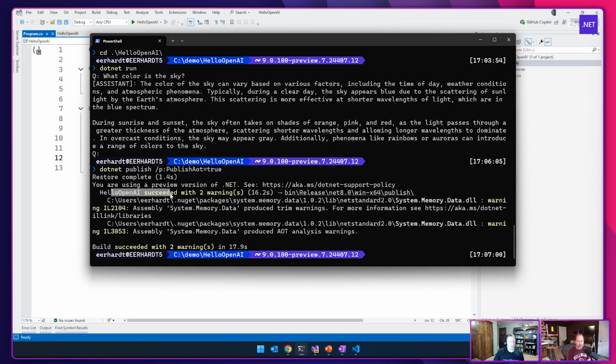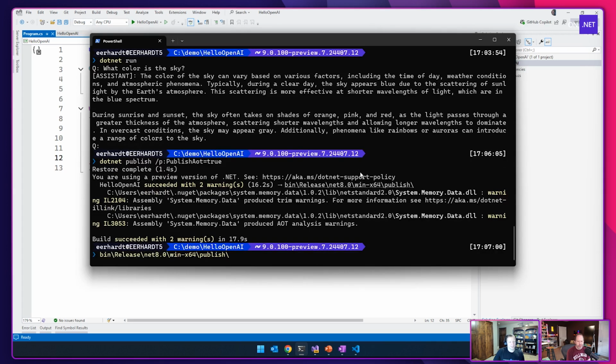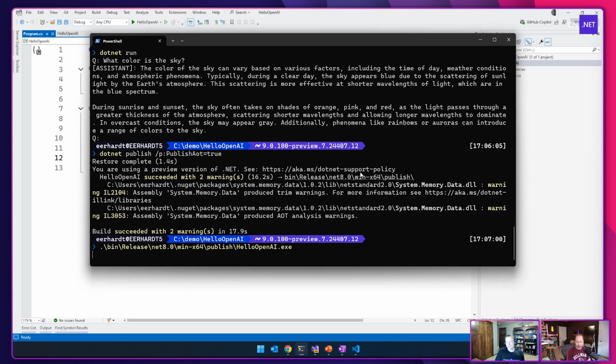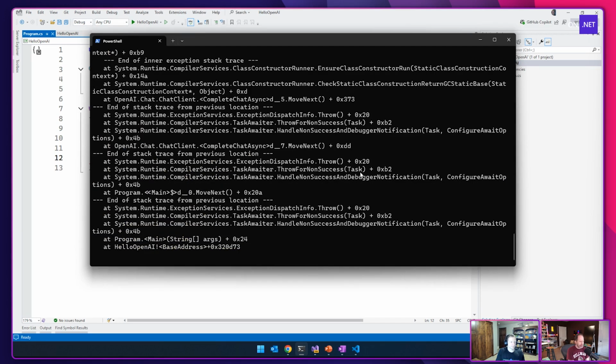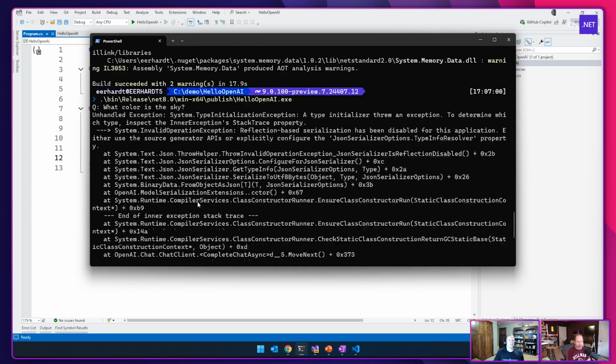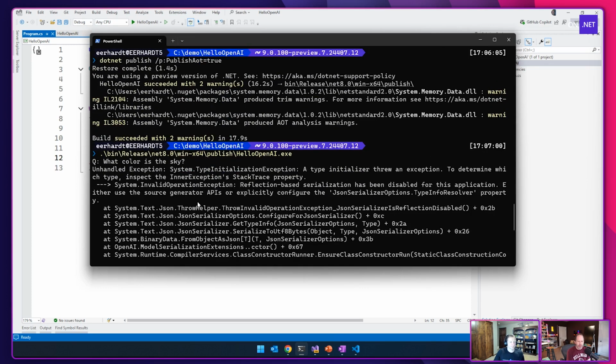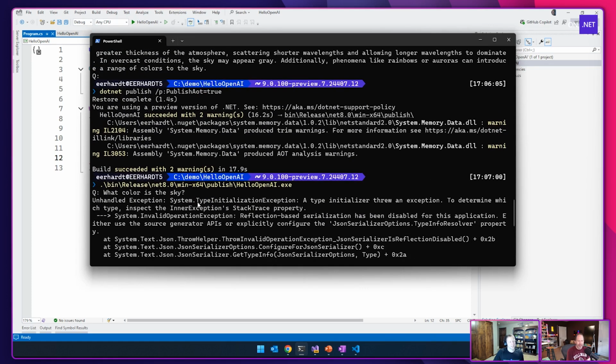It says, hello API, hello OpenAI, succeeded, but it gave me 2 warnings. But it succeeded, so let's try it, I guess, right? I don't know, they're warnings, but how warny are they? Right. So let's find out. So question, what color is the sky again? And immediately my app breaks. Oh, wow. Right? Yeah, exactly. It's like, oh yeah, didn't work.